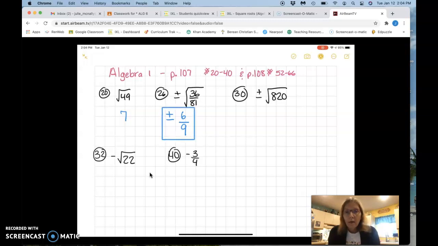Okay, for the next one, I'm going to use my calculator, and it's the square root of 820. So I'm going to put 820, take the square root. Okay, so I get this big long number, so now I'm definitely going to have to round. So I'm going to round 2 places after the decimal. I'm going to round